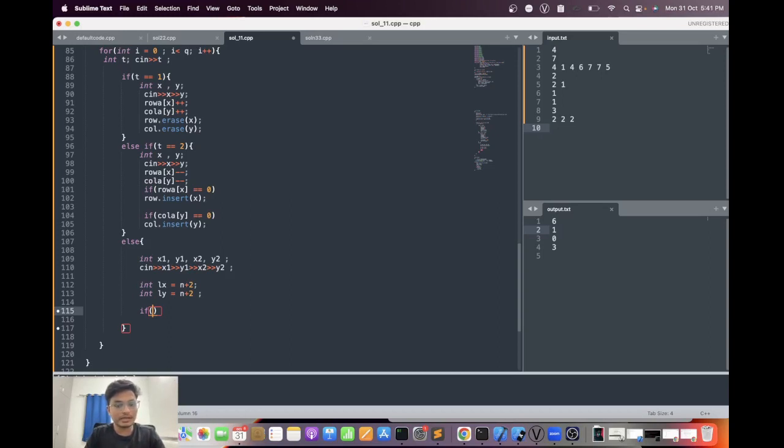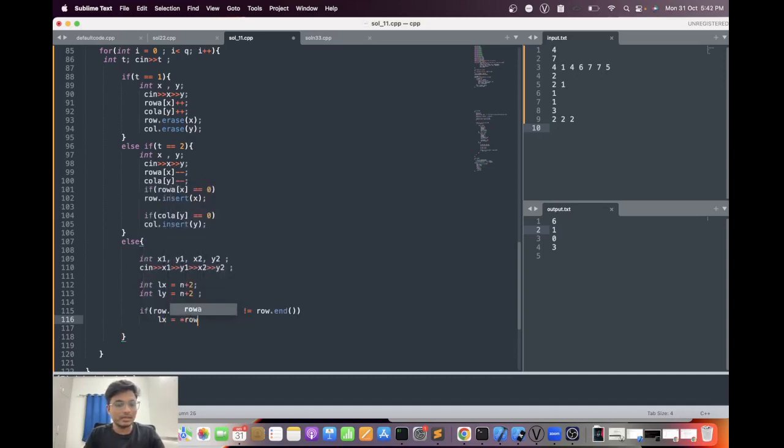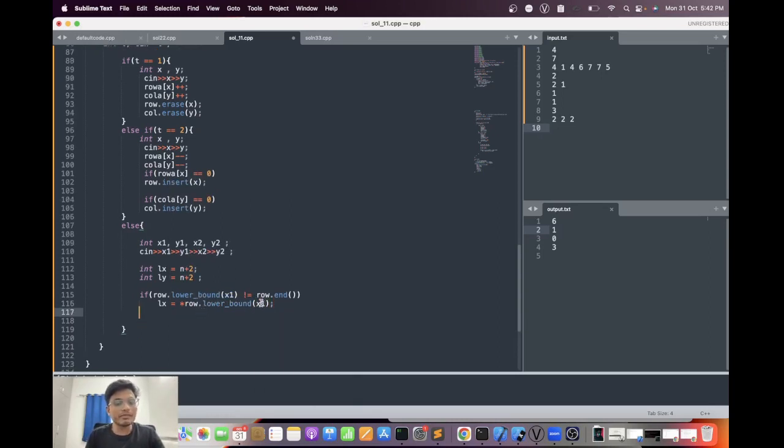Now I check what row dot lower bound of x1 is. What is just next to x1? If it is not equal to row dot end, that is, if there is anything present just greater than x1, then that will be row dot lower bound of x1. Sometimes it will not be present, so for that reason I will take it. Okay, same condition for